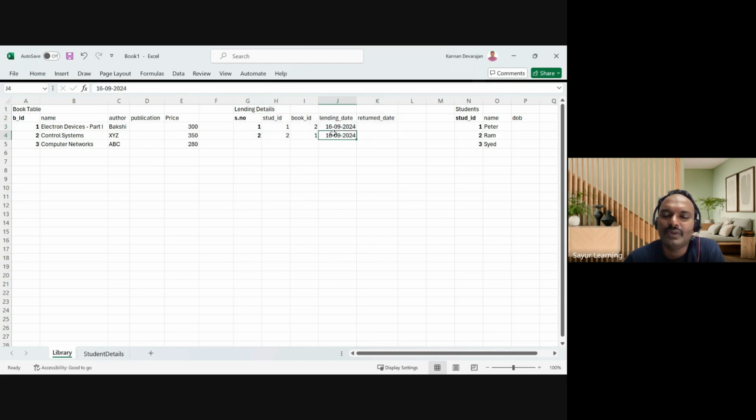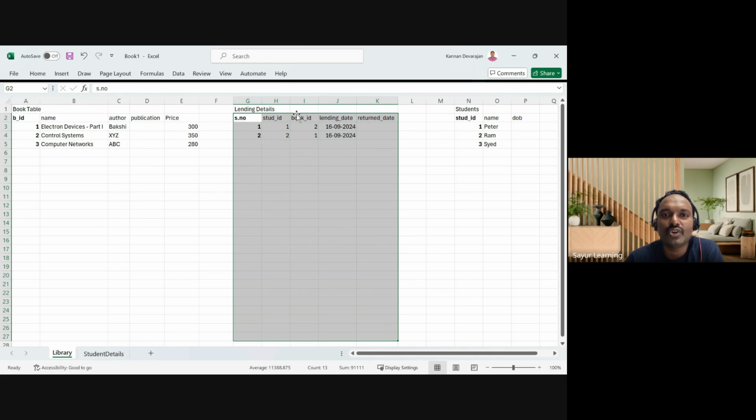So typically, it's not a good idea to have a table without a primary key, especially when it is growing large. What do I mean by growing large? That means if there are more transactions happening, more records will be added. So this particular table will grow